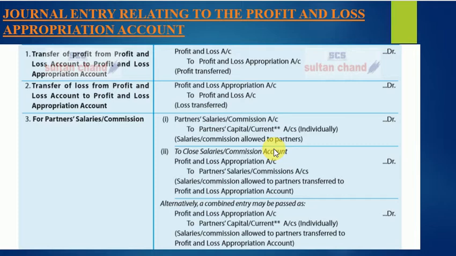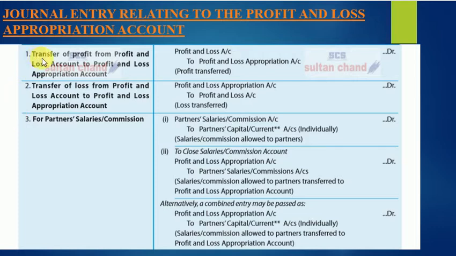Now, if you remember, that was a ledger, and a ledger has postings. Behind every ledger preparation, there are journal entries. In 11th standard, we learned journal entries and then we made the ledger. Here, I showed you in the previous class the profit and loss appropriation account, which is a ledger. I'm going in reverse now. Based on the postings done in the profit and loss appropriation account, here are the journal entries. I'm not going into great detail, I hope you are able to connect the entries with the profit and loss appropriation account.